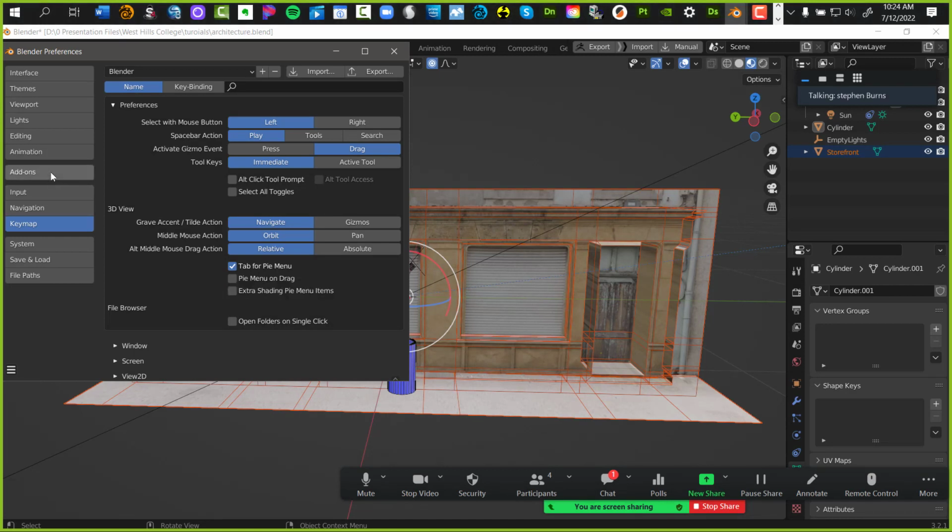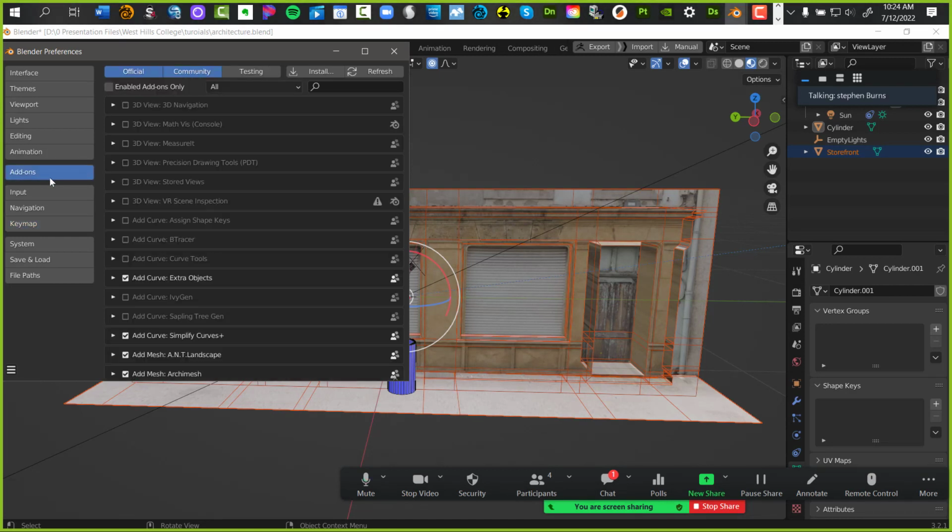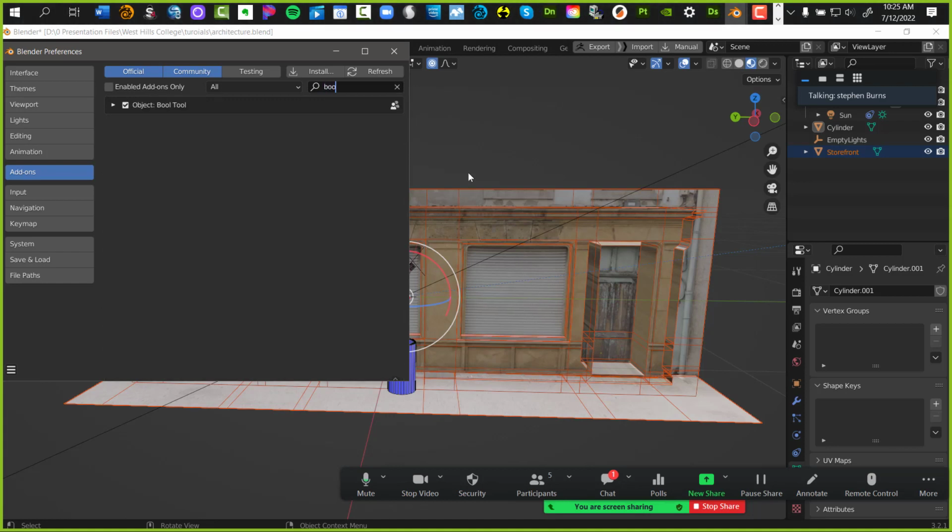Okay. On the add-ons, the add-ons is where you can add in additional functionality into Blender. They're plugins, like plugins from Photoshop. If you work in Photoshop, this is how you add them in. One of the plugins I'd like you to add in there is called Bool Tool. So B-O-O, and then it'll pop up right here.